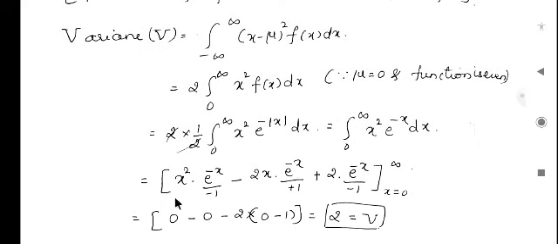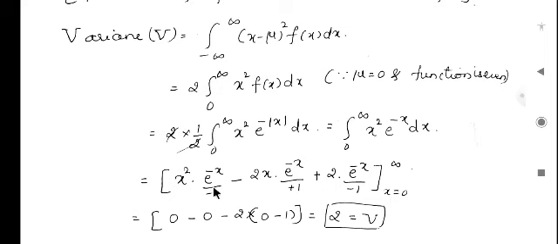Now if we integrate it by the generalized rule of integration by parts, we keep x square as it is and integrate the next function. So it is e raised to minus x divided by minus 1, change the sign minus. What you have kept as it is, differentiate, it is 2x, then integration of e raised to minus x, then minus 1 into minus 1 is plus 1. Change the sign again. So this is plus, differentiation of 2x is 2, and the integration of e raised to minus x is e raised to minus x divided by minus 1, between the limits 0 to infinity. Now here when we substitute x as